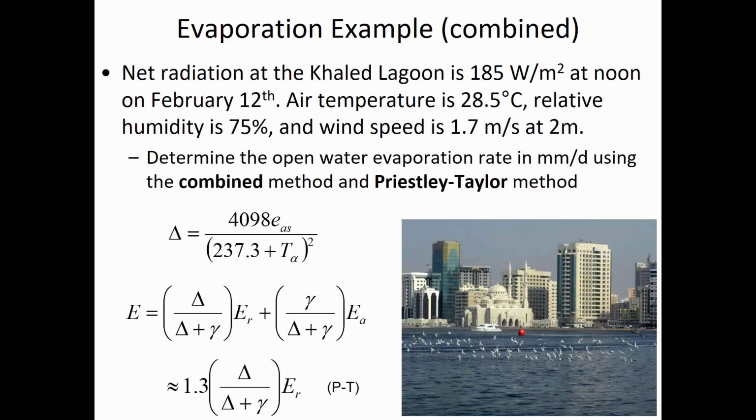So it was 6.55 millimeters per day. So E sub r was 6.55 millimeters per day in the previous example. Let me stop talking and give you a chance to calculate this. You can work with your classmates or do it individually as you prefer, but what you'll need to do is calculate the delta factor, and then for the psychometric constant,